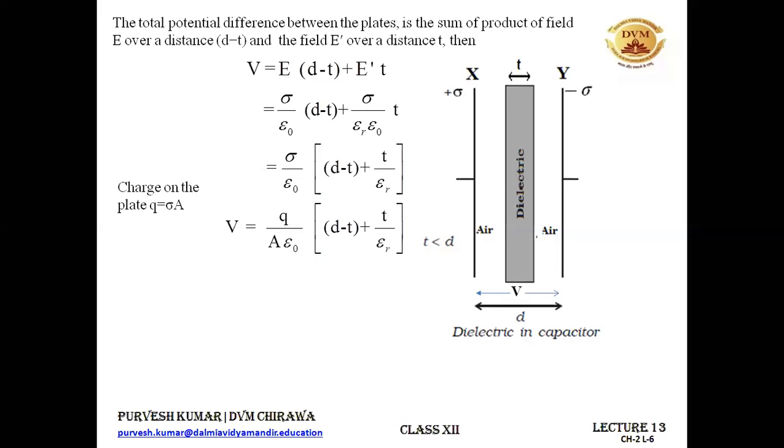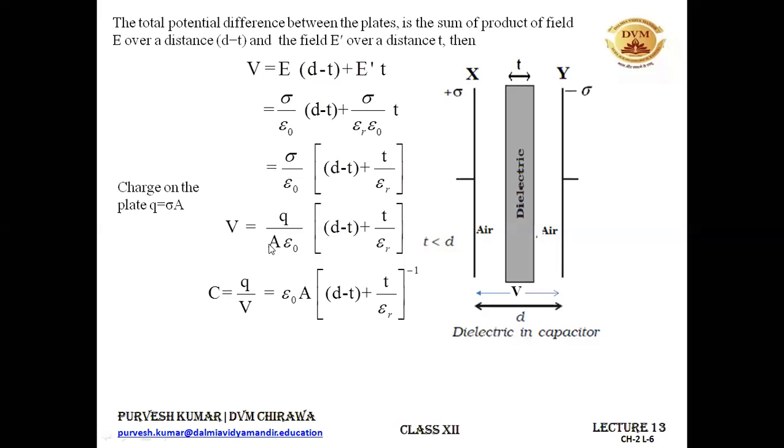Now, in order to find the capacitance, I need to take the ratio of charge and voltage, so I need to take q by V. Make all the other terms move to the other side, and take this V in the denominator of q. That will be the capacitance. So C equal to q by V is equal to A epsilon naught. You have just cross multiplied it, and this complete term will go into the denominator. That's why I have written it with power minus 1.